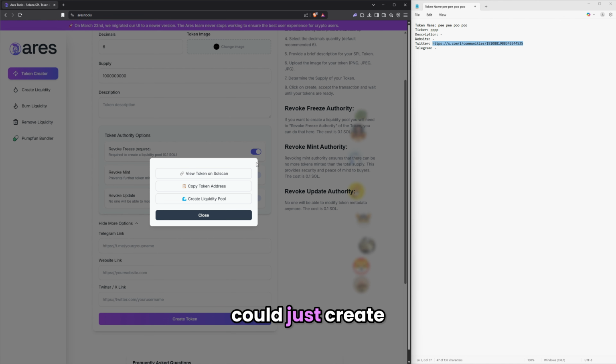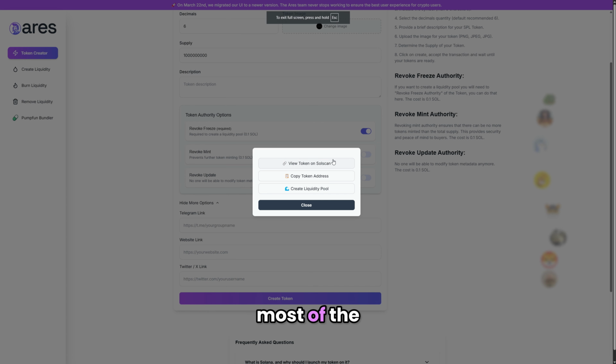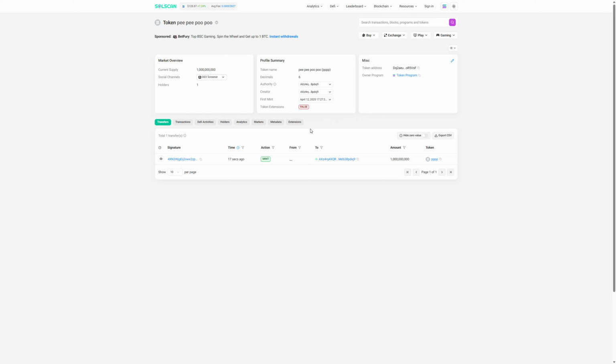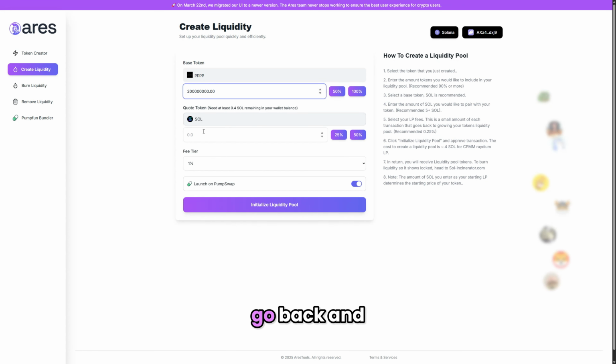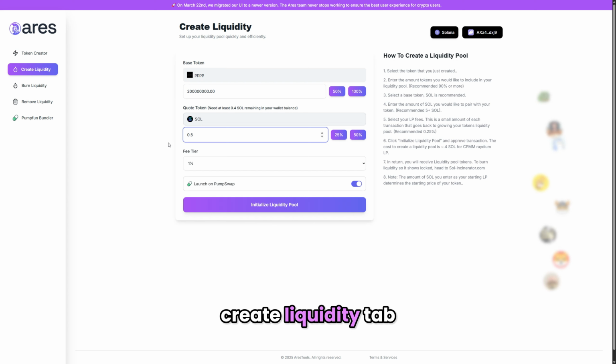And also you could just create a liquidity pool. Most of the time I check it. It's good to double check every transaction you make on the blockchain. So I checked it, and the transaction is a success. It's minted. So go back and click on the liquidity tab, create liquidity, and you have to put like 20% of your token,